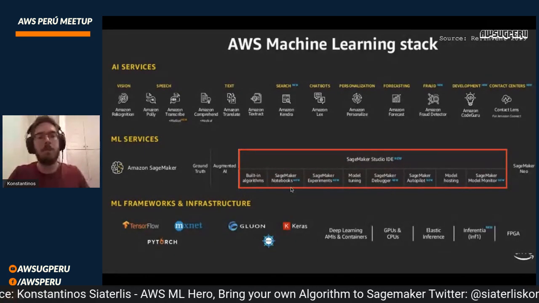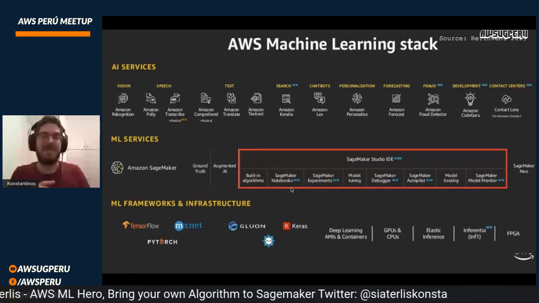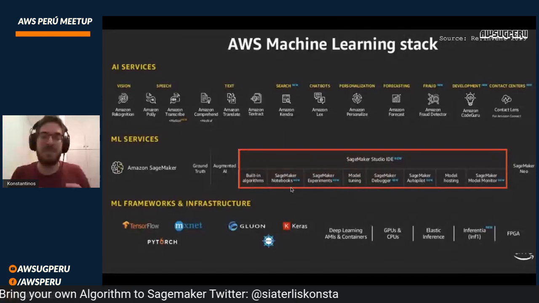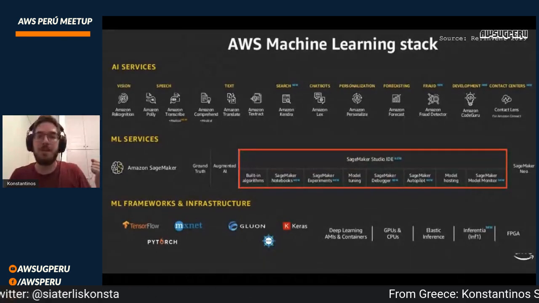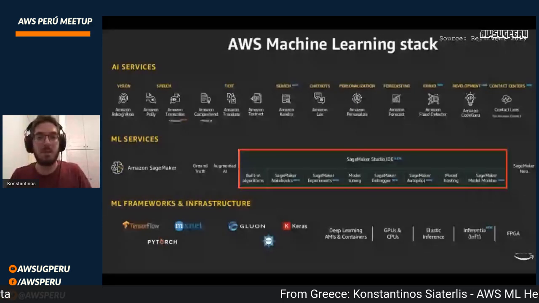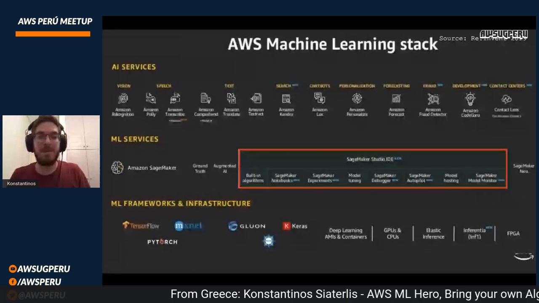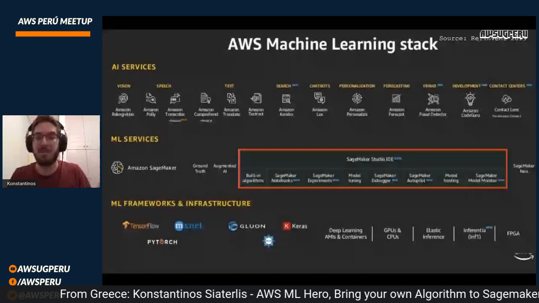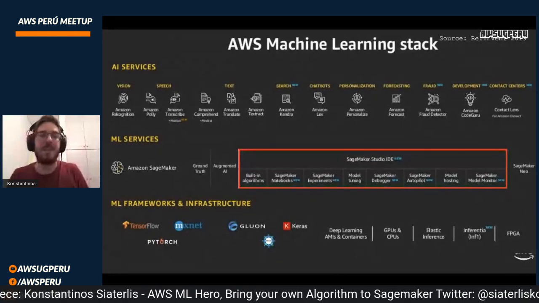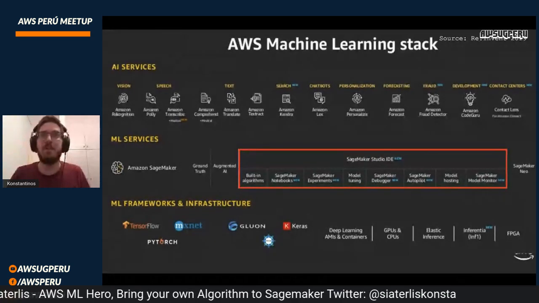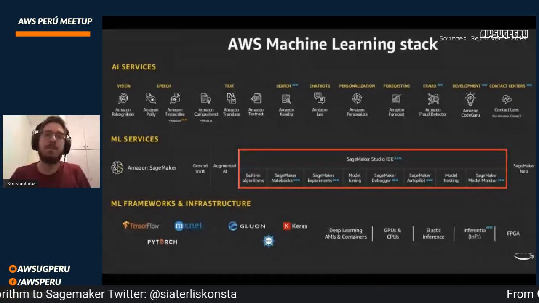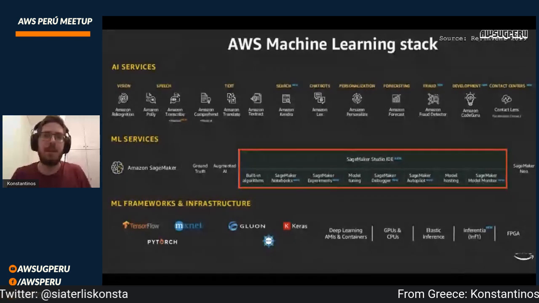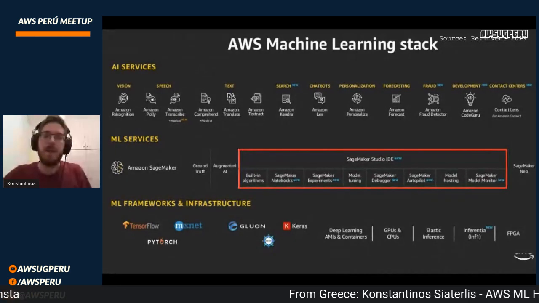The new amazing stuff that they announced at re:Invent was the Sagemaker notebooks. I used to spawn Sagemaker notebook instances, which takes like 10 minutes to spawn, and then you have to kill it because you're getting charged for it, and then you have to reopen it. So you wait another 10 minutes and so on. Now with Sagemaker notebooks, it takes up to 5 seconds to spawn a Jupyter notebook, and that's it.